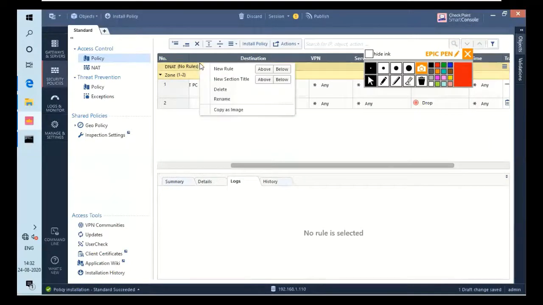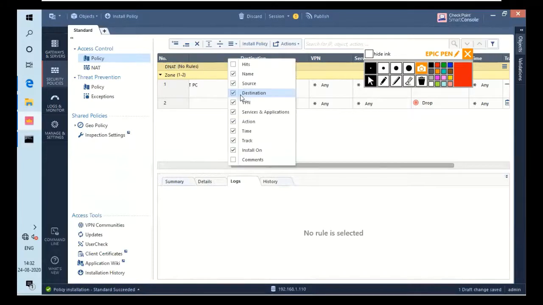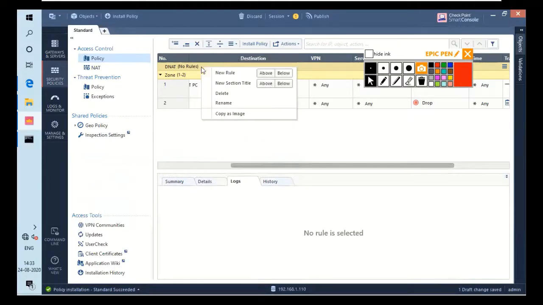I will add a new title, like identity awareness section title, and I'll be adding a rule below that. So I will right click and delete this section title. Sorry, I right clicked on the wrong place. You have to click on the title. You don't have to click on the other thing.